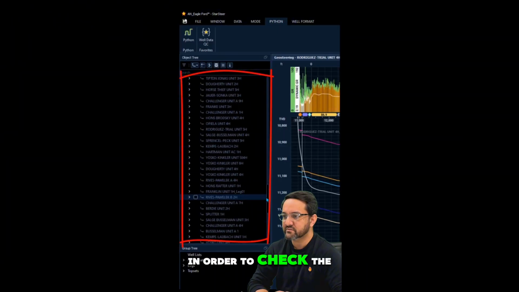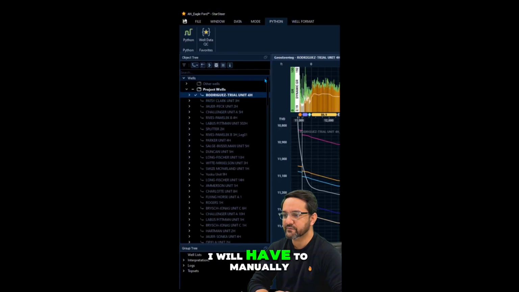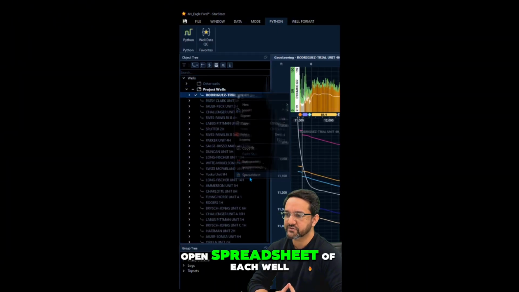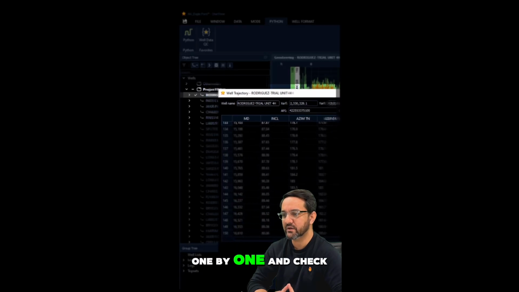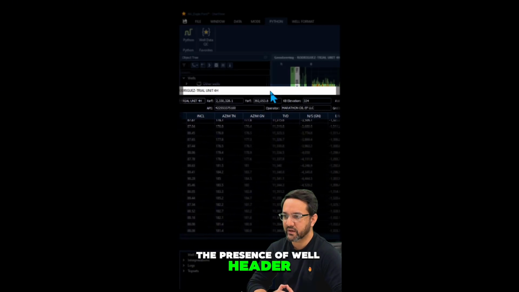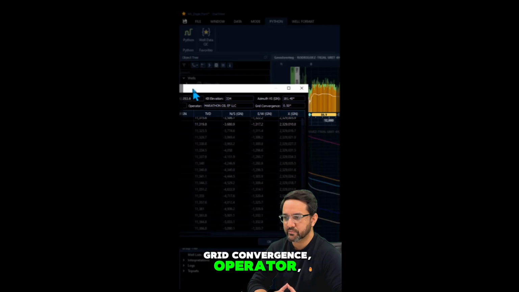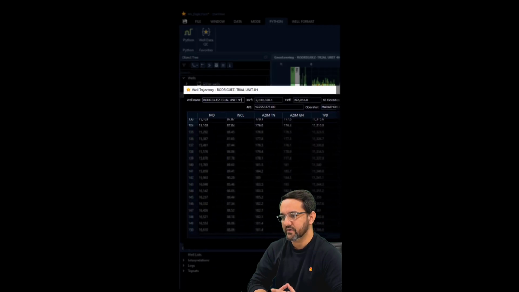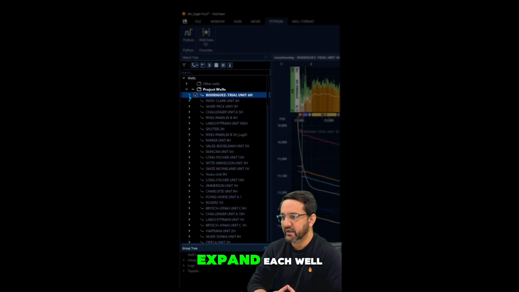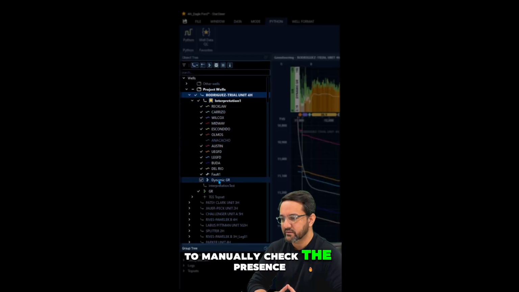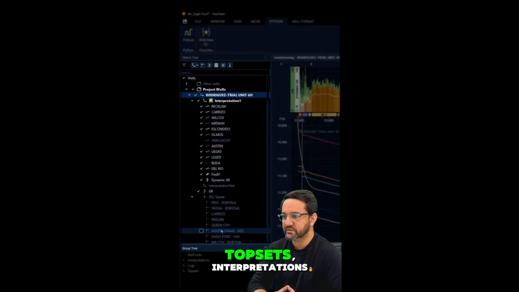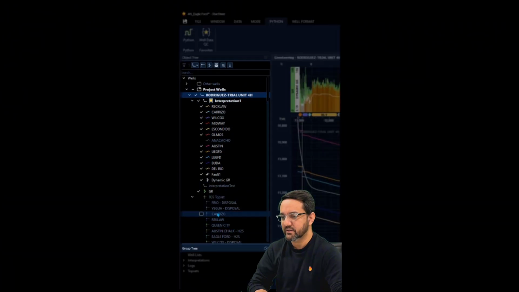In order to check the data completeness, I will have to manually open the spreadsheet of each well one by one and check the presence of well header data such as surface coordinates, grid convergence, operator, API, etc. I will also need to expand each well to manually check the presence of logs, topsets, interpretations, and all other